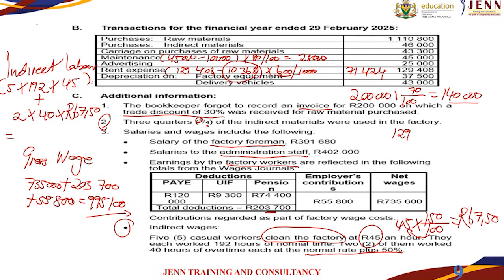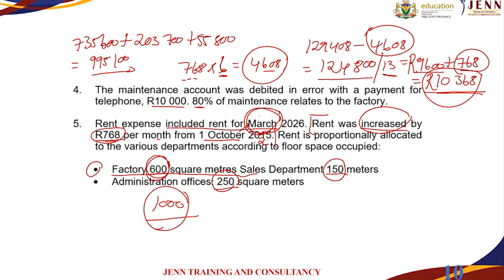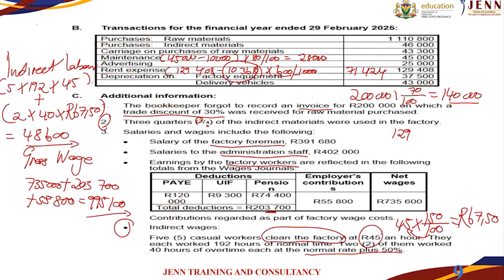And then when you add both answers that you're going to get in brackets, our indirect labor or wages will be 48,600. All right, now let's continue. Remember, we are still on factory overheads. And then when we go to the next information B again, it says depreciation on factory equipment. It means we are looking for the one of factory. If it says factory, then it will go to factory overheads. And then there is no additional information that affects factory equipment. It means this will be our final answer,